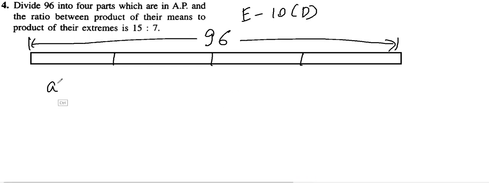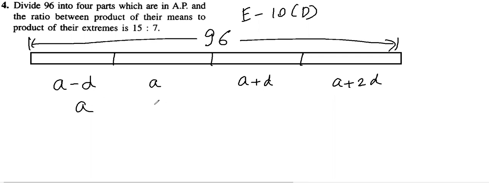Instead of 2, sorry, I should not take 2. I should take the common difference, D. A minus D we should take, then A, then A plus D, then A plus 2D. This also I should not take. So earlier what I took was A, then A plus D, then A plus 2D, then A plus 3D. This is not a proper 4 term. This is also not a proper 4 term. Actually it is proper, but we should not consider that.